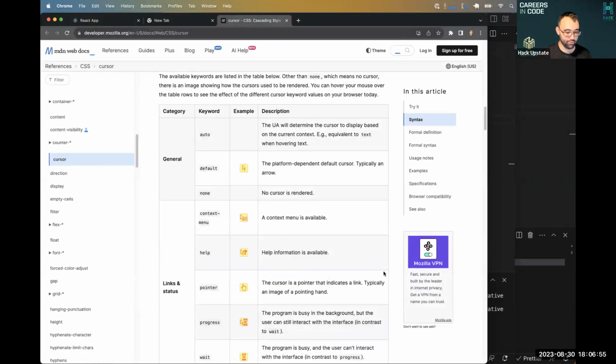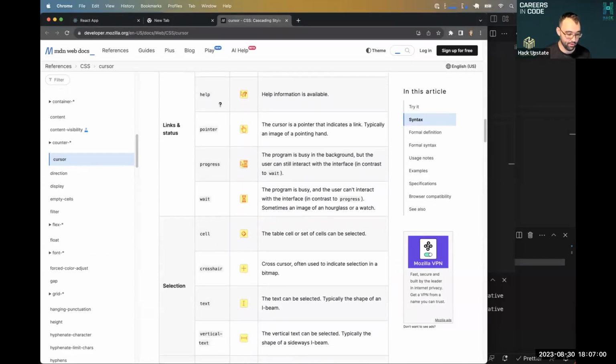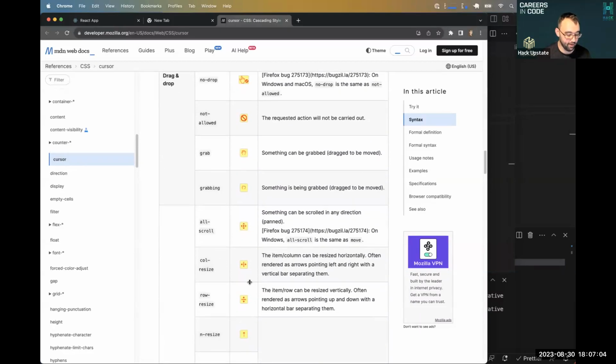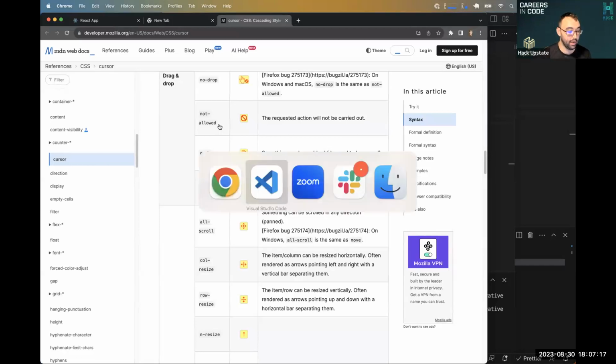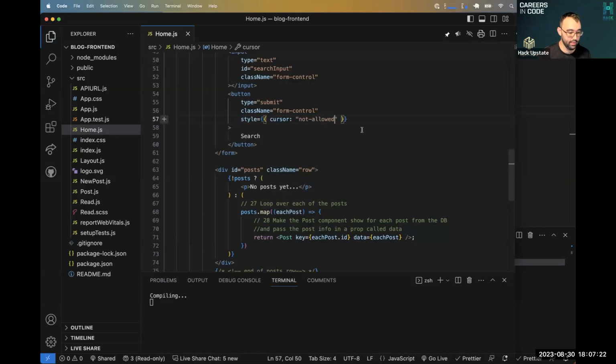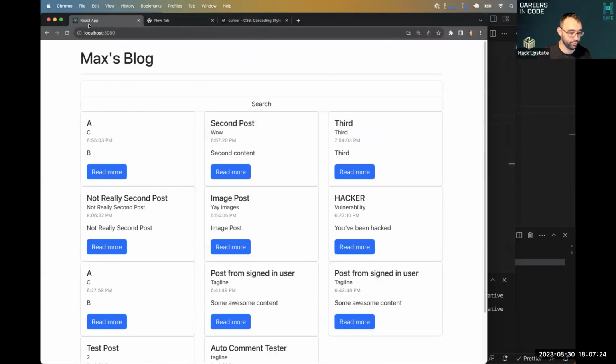Well, if you scroll down enough in the link Doug posted, they give you a breakdown of all of these different things that you can use. And there are some really funky ones. Grab is a very popular one. It's kind of cool because if you hover over that row, they will show you a little example of that cursor actually in action. But not allowed is a very common one. So you can say not allowed here. And then when you go back over to your code and hover over,